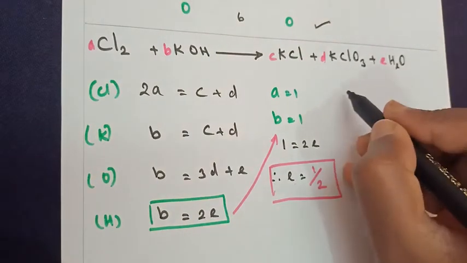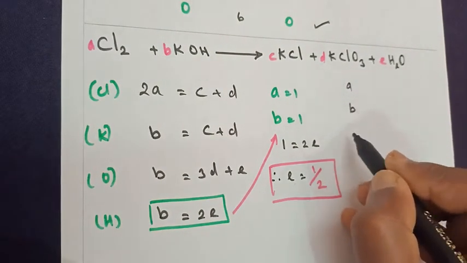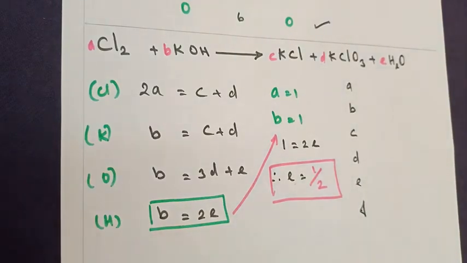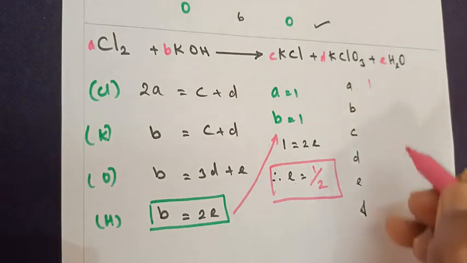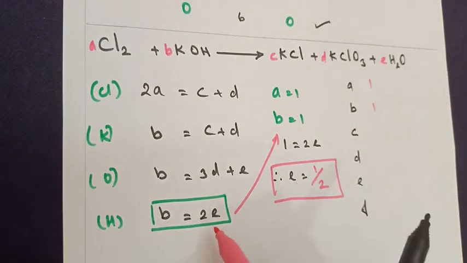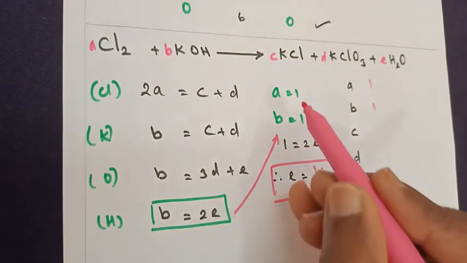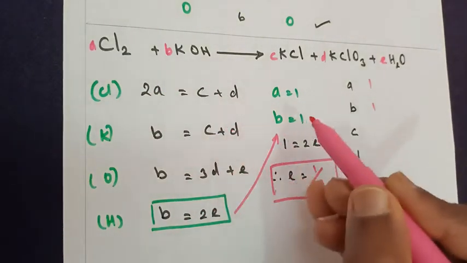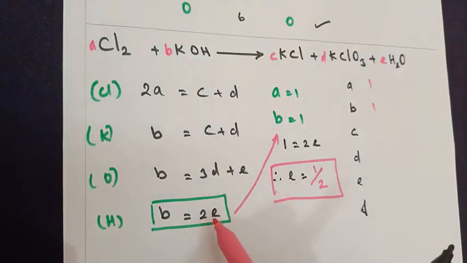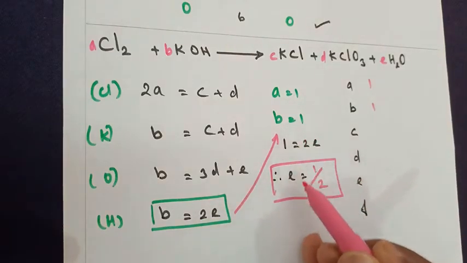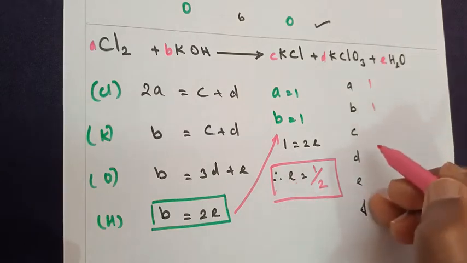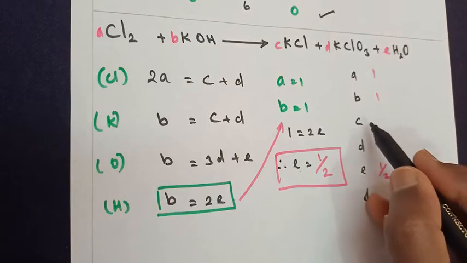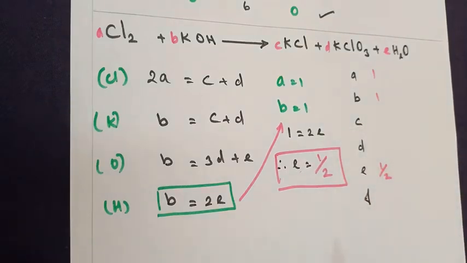So how many variables have we taken? A, B, C, D and E. 5 variables we have taken. A value is 1. B value is 1. Please remember, why am I considering B to be 1? Because making use of the A value, nowhere can I find the answer. Hence I am considering B, because only one variable. When I substitute the value, I will get one more variable value. And we've got here E to be 1 by 2. Now we have to calculate C and D.